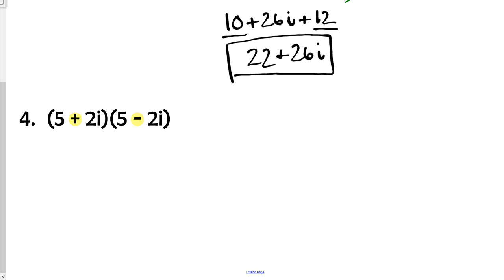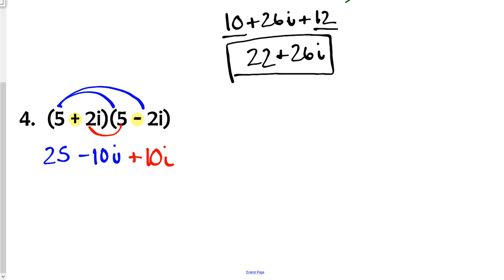So using the distributive property, I've got 5 times 5, which is going to give me a nice pretty 25. And then I've got 5 times negative 2i, which gives me negative 10i. Then I'm going to take positive 2i times 5, and that's going to give me a positive 10i. And then positive 2i times negative 2i, well, that's going to give me a negative